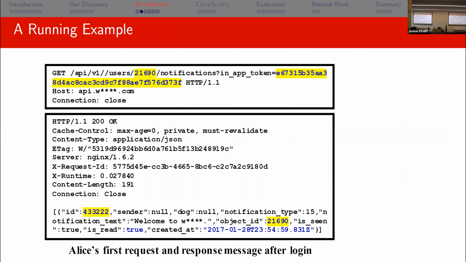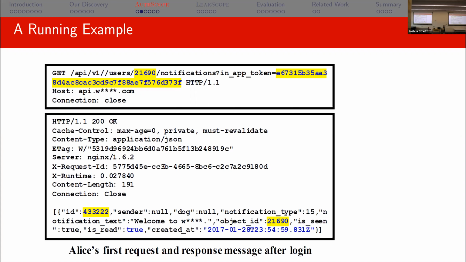Let me give you an example. This is a real example. We discovered this, I think, in 2017, two years ago. For this app, after user login, here we focus on the authorization. Typically it happens after authentication. After user login, the server will push data to the user, right? So here is the one. You can see after user login, this is an HTTP request, okay? It's HTTPS, but you can use our proxy to trace those HTTPS. So here you observe that,